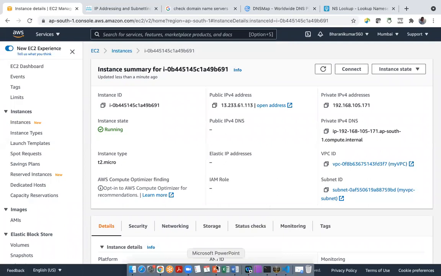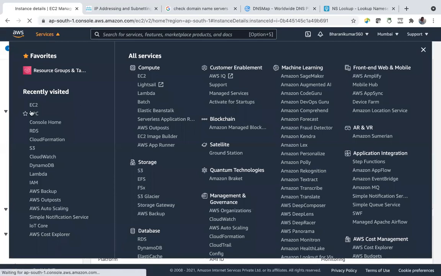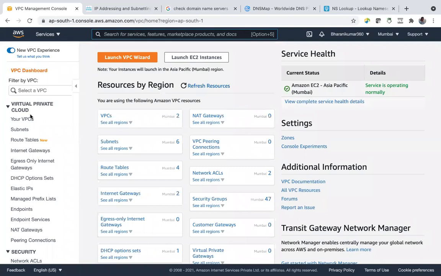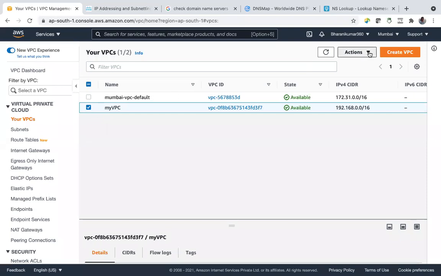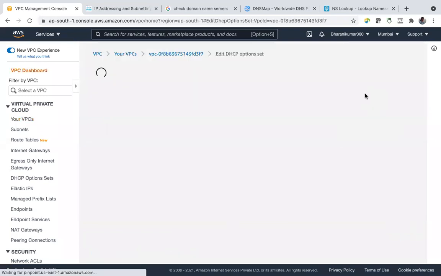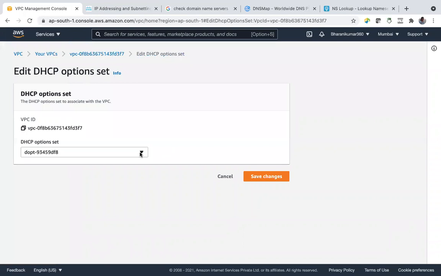Why we have attached this DNS? It is there. It is attached.